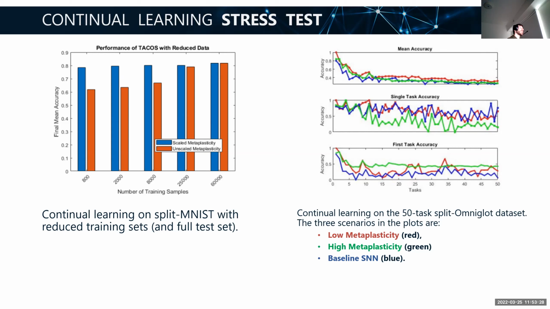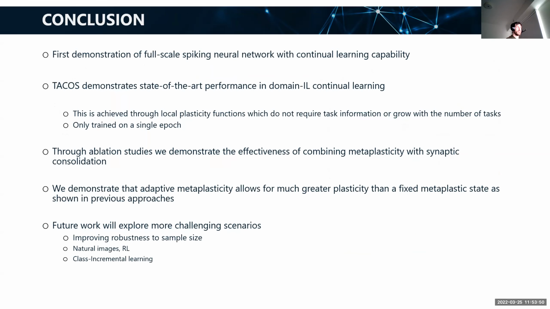Originally, this approach is very dependent on having time to both determine when a synapse is important and then consolidate and protect that information. And this Omniglot was just a very quick attempt to show that information, but it doesn't really give any more valuable insights than the other plots. So we'll just keep moving for the sake of time.